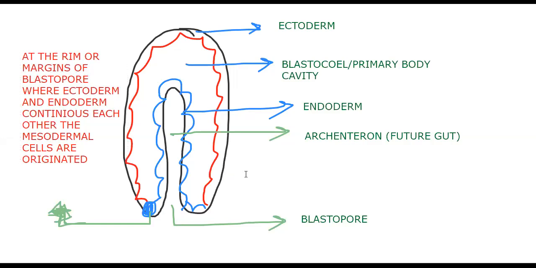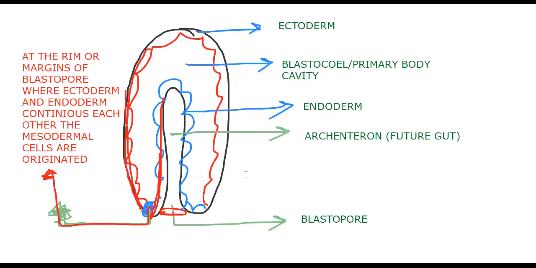So this is the key line for every coelom, whether it is a coelom, pseudocoelom or schizocoelom, whatever it is. I am showing it here: this is the key line at the rim or margin of the blastopore. This is the rim, this is the ectoderm, and this is the endoderm. At the rim or margins of the blastopore, where ectoderm and endoderm are continuous with each other,